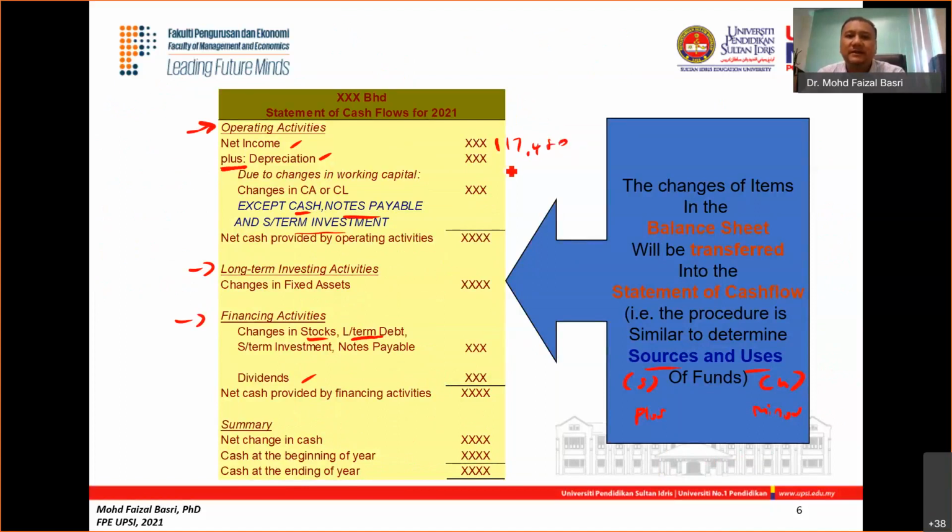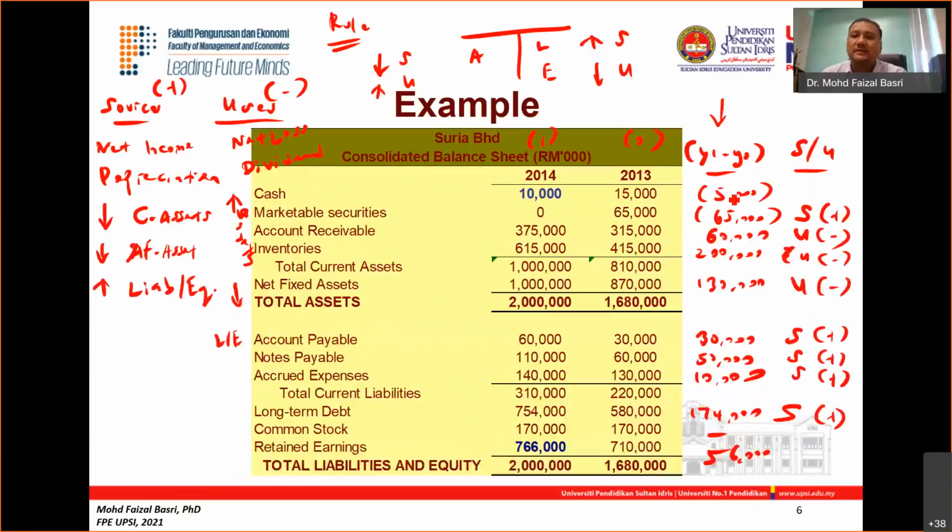Okay, depreciation 100,000. These two will be fixed. But for the changes, you're going to look at the current assets and current liabilities. So you have to go through them. Among the items under current assets, cash will not be part of it. Marketable securities, if you remember, is a short-term investment, so this will be under financing, so you will not put it under operating. So we're going to start with